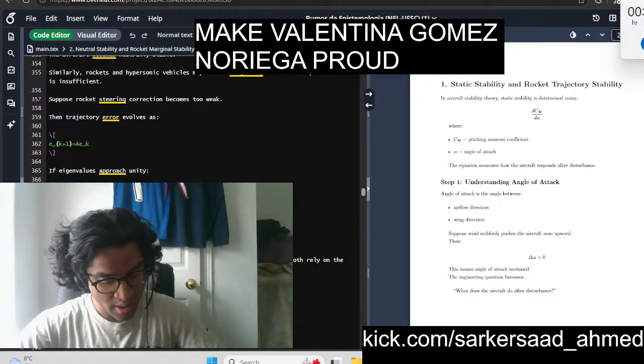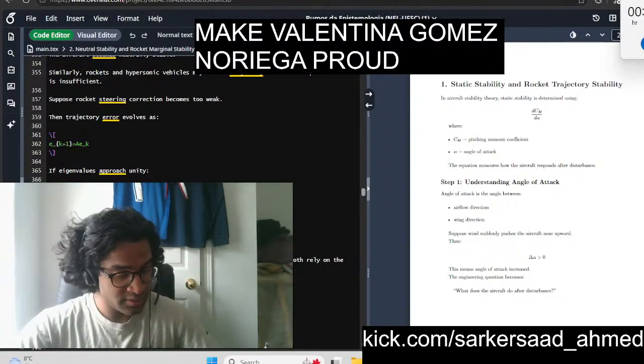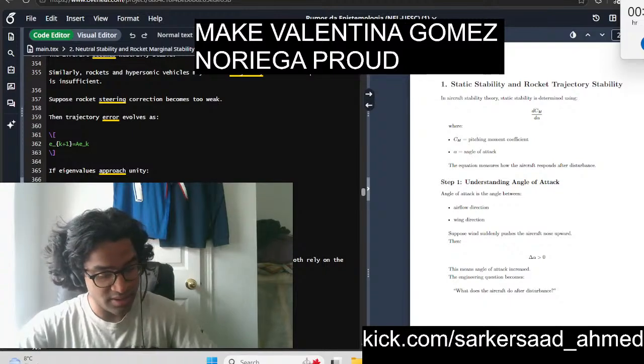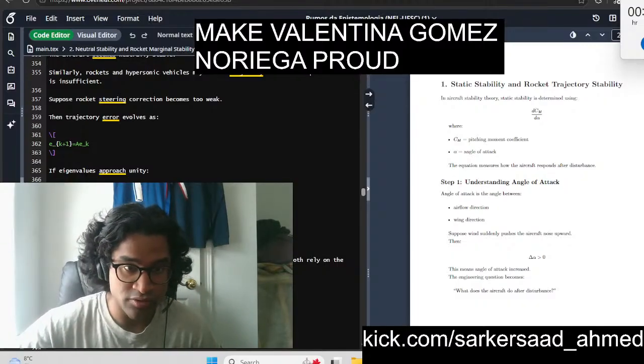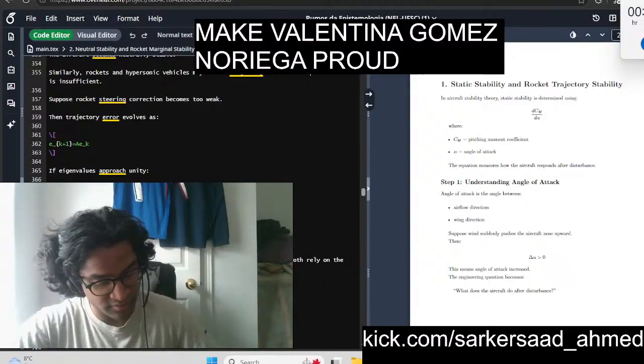It is between the airflow direction and the wing direction. So suppose wind suddenly pushes the aircraft nose upwards. So for example,